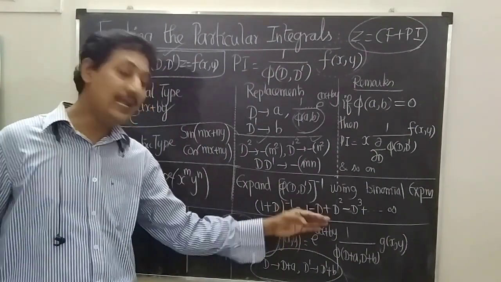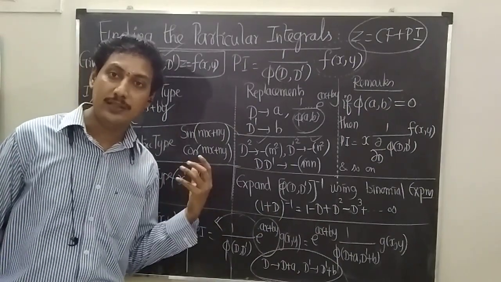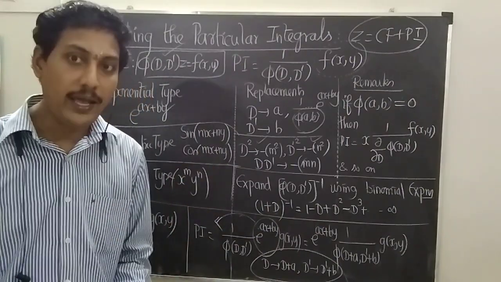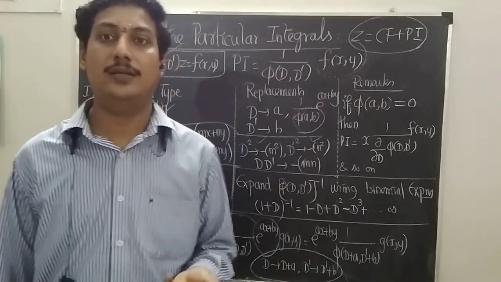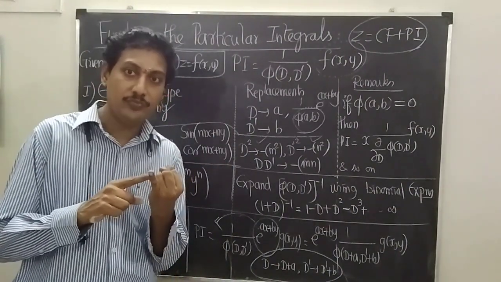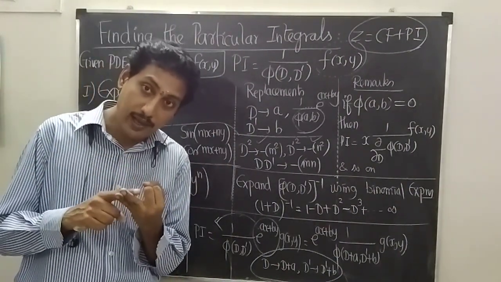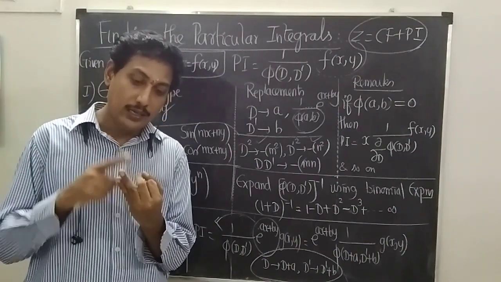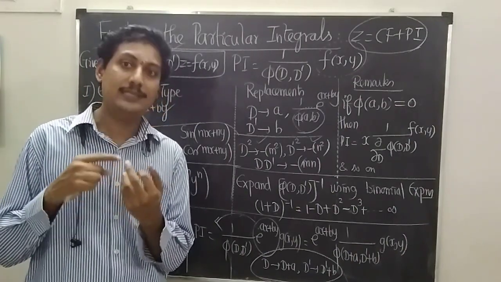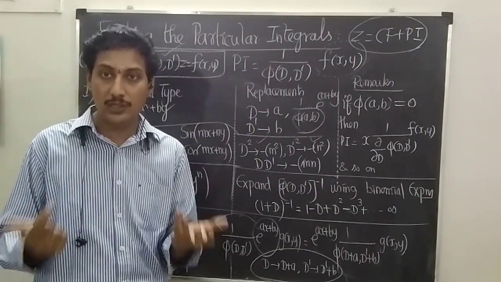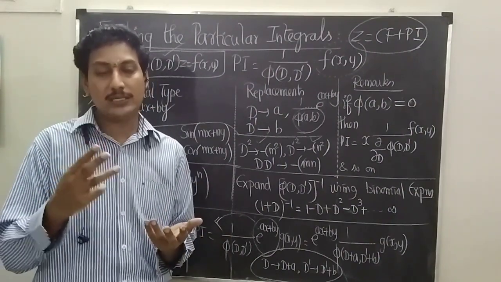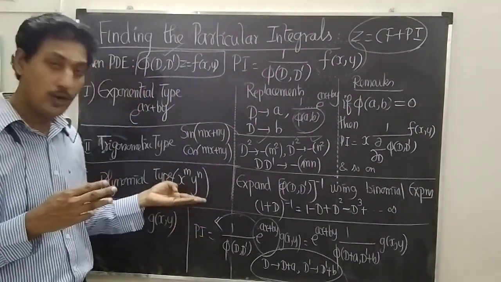Similarly, suppose it is D dash in the numerator, then we can pick the degree of the variable y. Suppose y cube is there. Then what about D dash of y cube? 3y squared. D dash squared of y cube is 6y. D dash cube of y cube is 6. What about the fourth derivative? 0. So it completely depends on the given polynomial term.